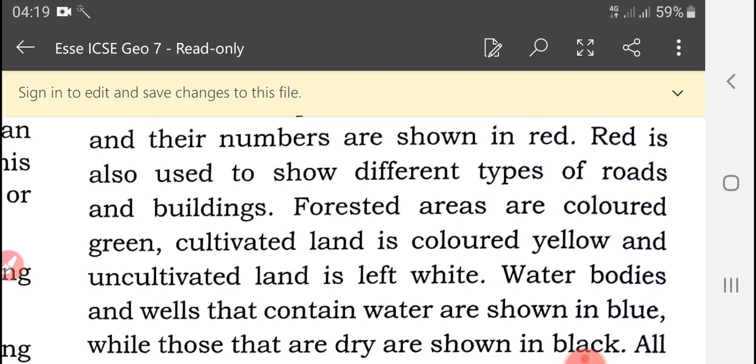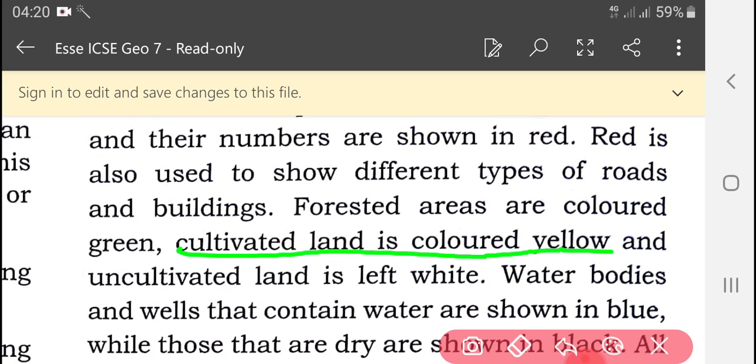Now let us go to another one, forested area. You may say jungle area, that is shown in green color. Now let us see cultivated land. We are farmers, our main work is agriculture. So cultivated land is colored in yellow, and uncultivated land is left white.